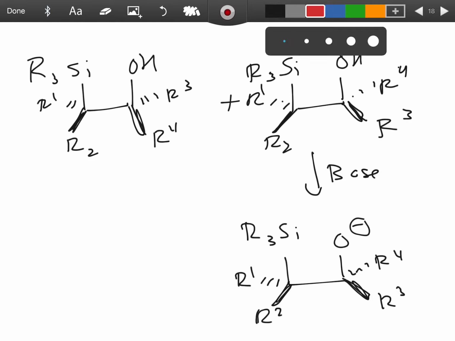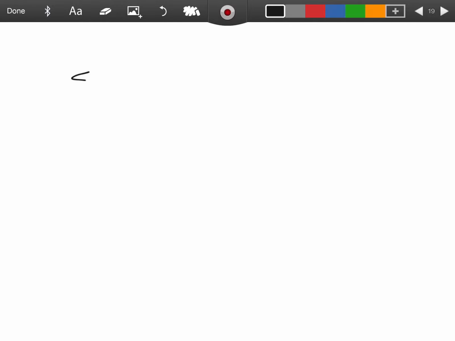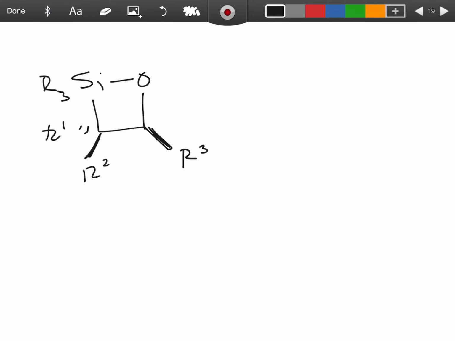Right, and then this anion is able to add to the silicon. I'm going to go over a slide. So you end up with something that looks like this. So it's R2, R1, R3, R4. Our silicon ends up with a negative charge